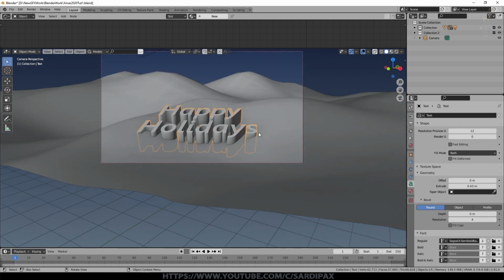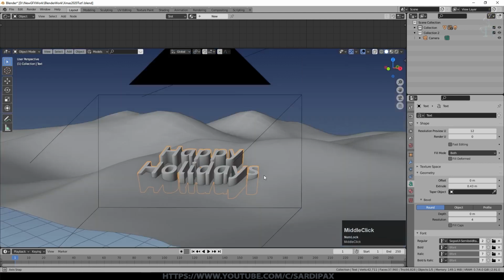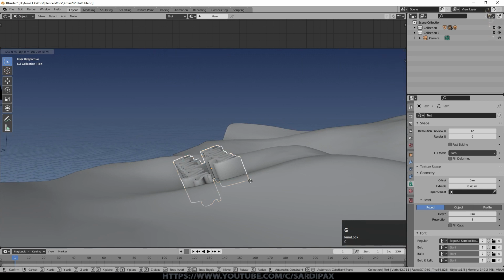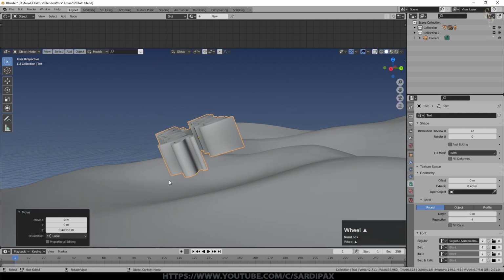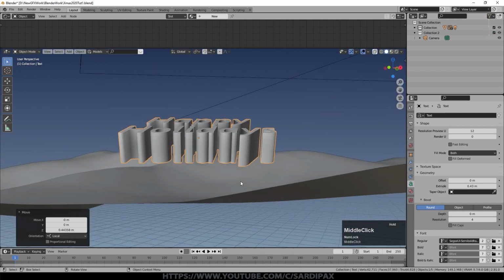Now this text I'm going to animate at this point. Let's go with the 250 frames for the seam. I'm going to move it on its z-axis, so you can see it's tilted. So I'm going to say G, Z, Z, and you can see it comes up at the angle of the text. And I'm going to just take it up so it's not touching the ground at all. It doesn't have to be out of view.